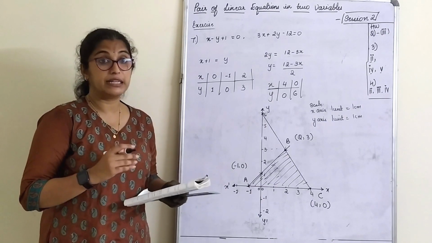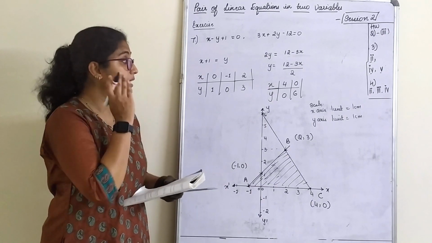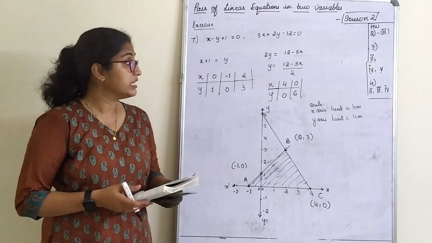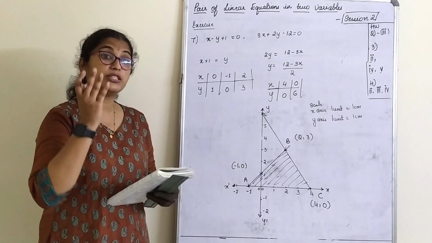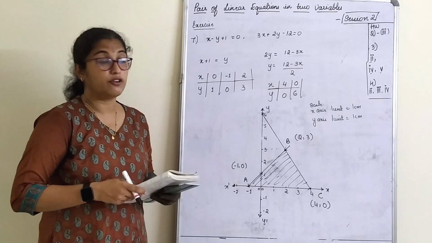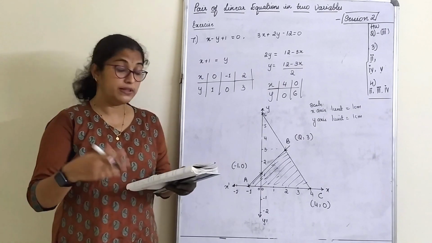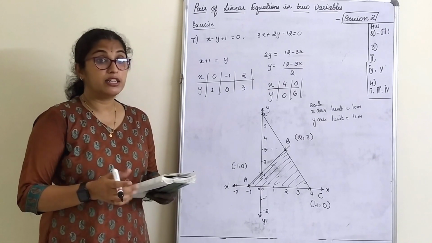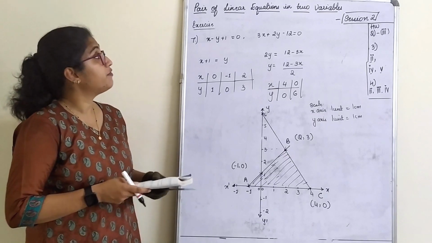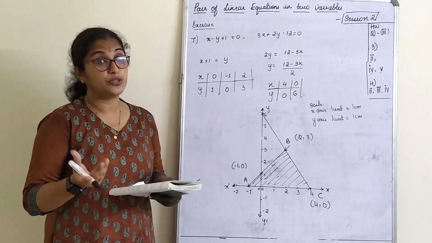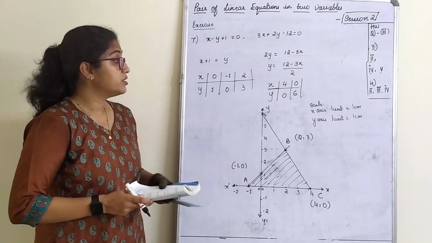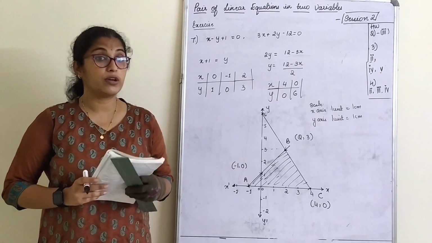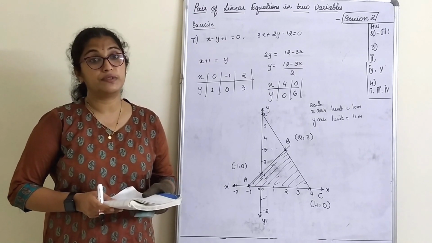On the graph part, I have asked you to do it for homework, where I have given you the tabulations and the remaining few sums, to check the consistency as well as plot the graph. So tomorrow we'll start with the next method of representing an algebraic pair of linear equations in two variables, the algebraic method. That is, we'll start with the substitution method first. So if you have any doubt in today's class, you can call on the same day of the video set.